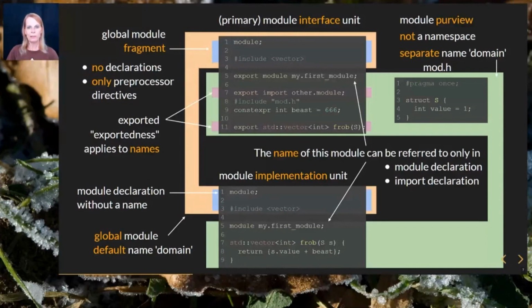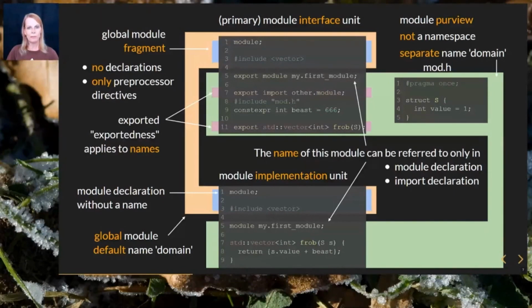Without the export keyword in the module declaration, it's a module implementation unit, which you can have as many of them as you as a library developer want to. Optionally, a module translation unit might start with a piece of code that is not part of the module purview, but rather the old-style global module. You can put your existing code or other code living in the global module here into the so-called global module fragment. This code can then be used as usual from within the module purview.